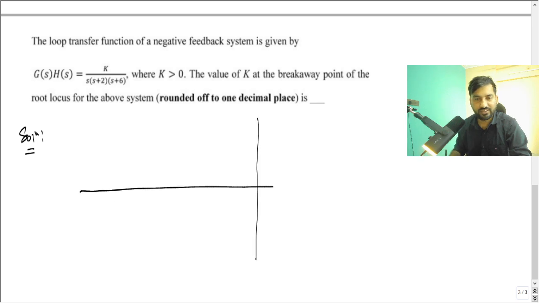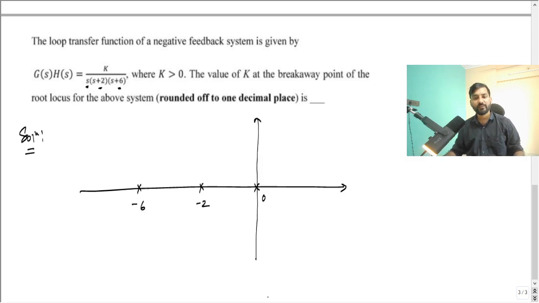So let's say that this is the s plane, and here we have got s equal to 0, s equal to -2, s equal to -6. So these are the poles we have got. One pole is here, one pole is going to be here, and one pole is going to be here. So you should be familiar with